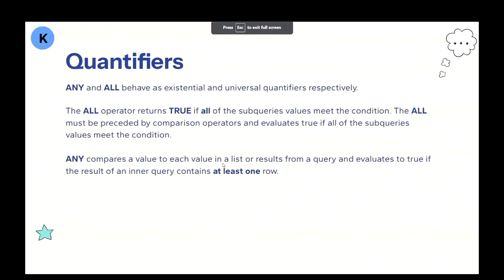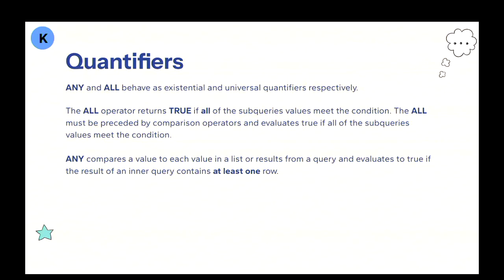So other than in and exists, we have some quantifiers for bags and sets. There are two types of quantifiers, which are any and all. So the all operator will return true if all of the subquery values meet the condition.